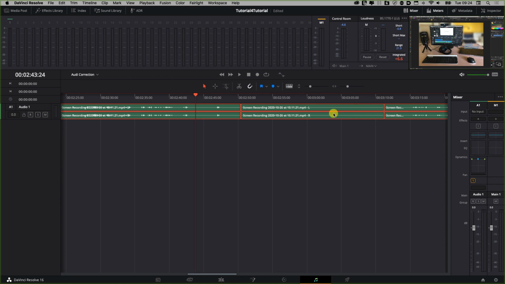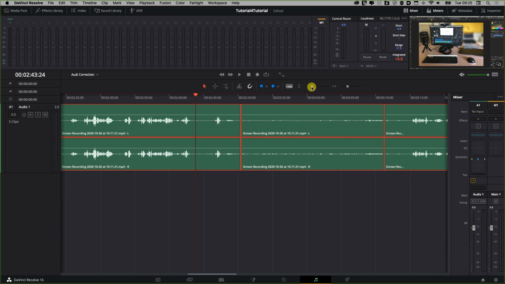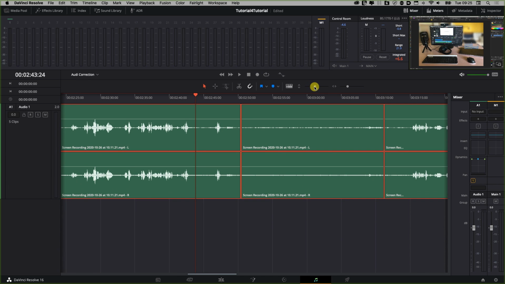Normalize, and something has happened here in the background. So I can zoom in a little bit on the track. You see now the peak levels are different. If I play it back now, you already hear something has happened and the audio sounds a bit better. But further to enhance that,